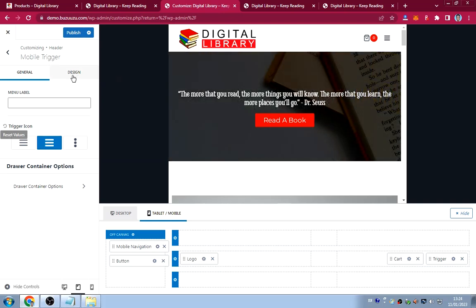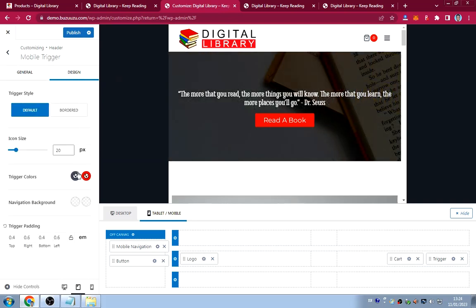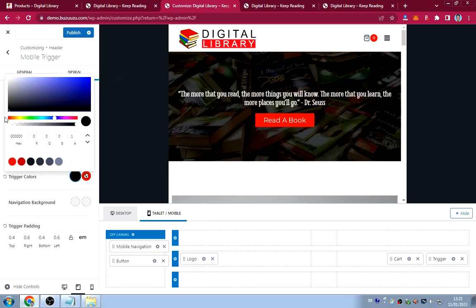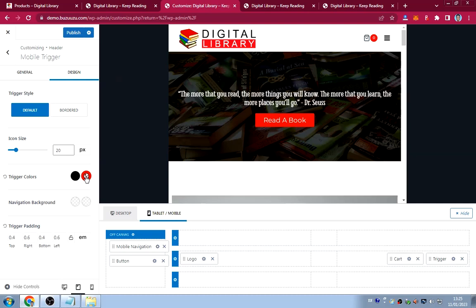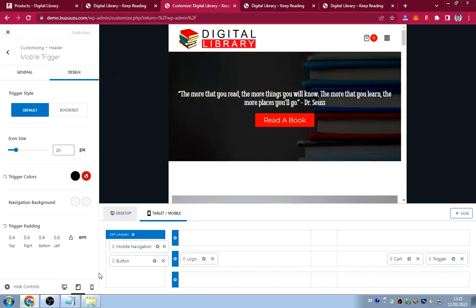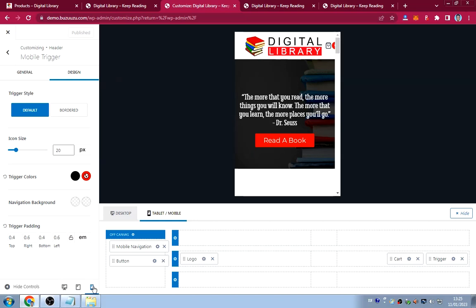And then with the design, I want to make it full black. So with this one I want to make it full black. And then when I hover on it, it's supposed to be like this. So I think everything is quite okay. I can publish it. Now when I go to mobile, it's still the same, but as you can see, the